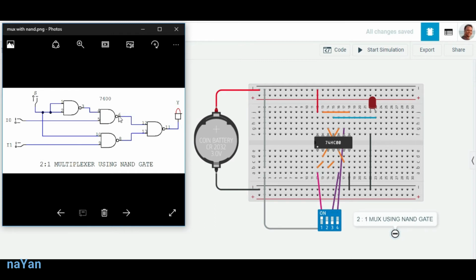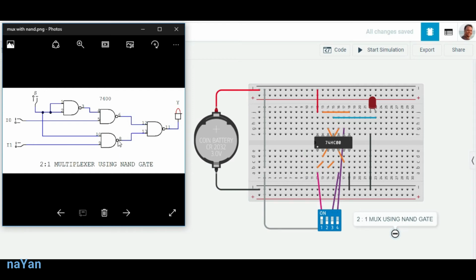Pin number 6 and pin number 12 is shorted. So here we have pin number 6 and pin number 12 that is shorted. Again, pin number 2 and pin number 10 is shorted.